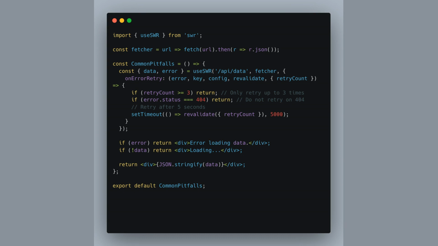In this example, we're using SWR's onErrorRetry option to smartly handle retries. We set a limit to retry only 3 times, preventing infinite retry loops that can strain the server. We also avoid retrying on 404 errors, as it's unlikely the missing resource will suddenly appear. Additionally, we delay each retry by 5 seconds, giving the server time to recover. These practices help in building a resilient data fetching strategy that can gracefully handle errors without overwhelming the server or